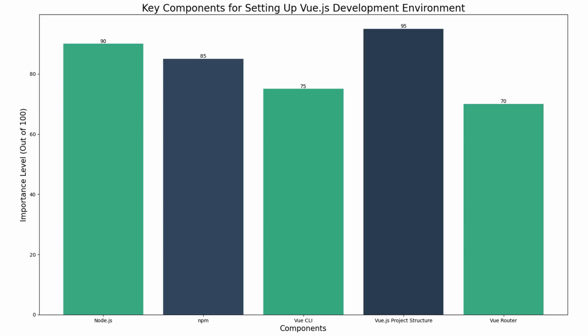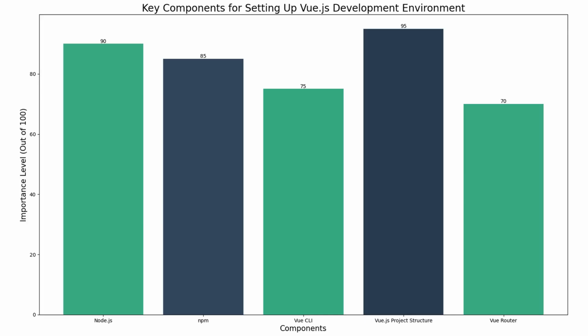Now, Vue CLI sits in the mid-range with a score of 75, highlighting that while these scaffolding tools can noticeably speed up development, they are secondary to ensuring you have a robust environment and project structure in place first. Now, Vue Router, with its score of 70, has the lowest importance among these 5 components, suggesting that routing is important for application functionality, but typically it becomes a focus only after you have the core environment and project layout